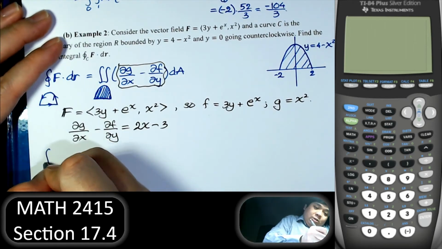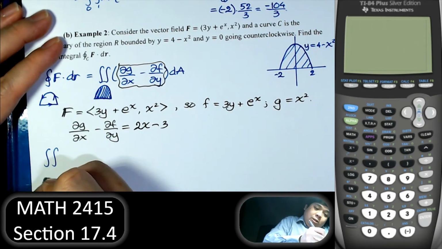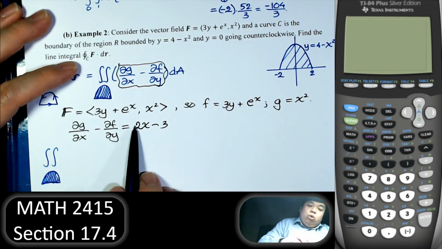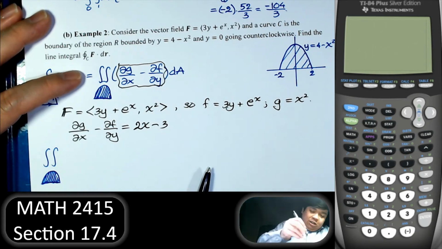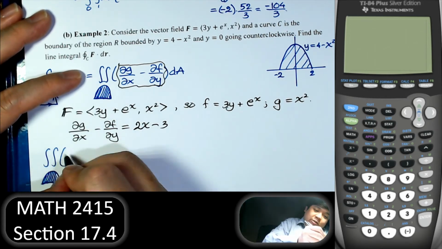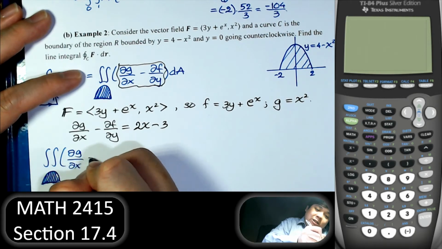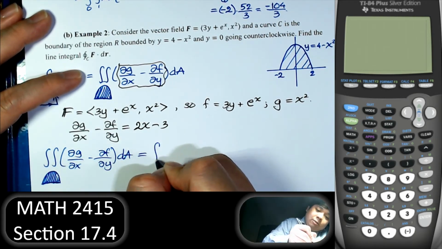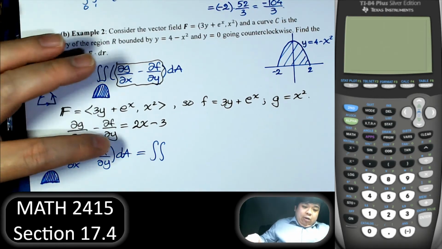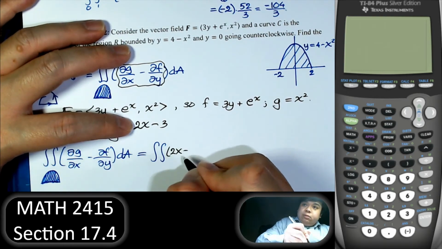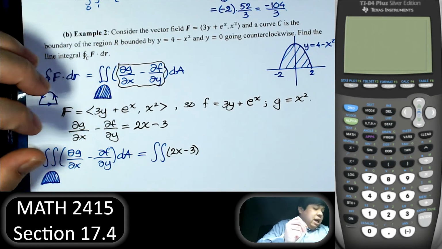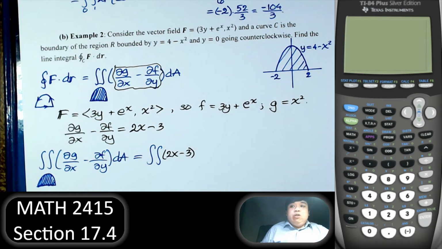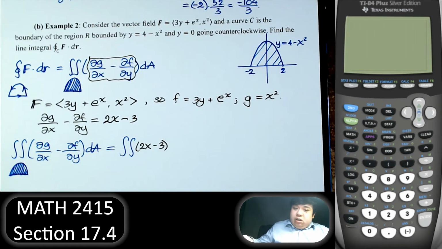So get back to the integral. Now what we have inside is 2x minus 3. Just write this for once. Now that's just 2x minus 3 dA, which could be dx dy or dy dx. For this double integral, I will